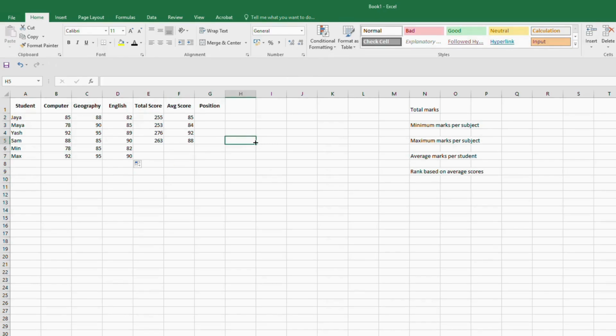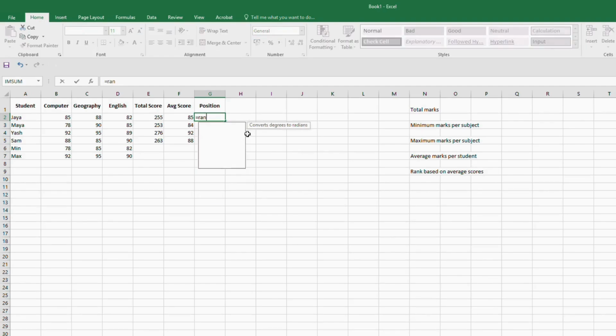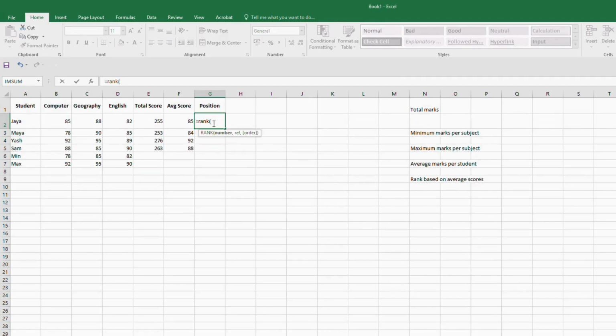Now we rank students using their average score. For Jaya, row 2, we will use the formula of RANK. So what we will do is equal to RANK. The number here in the function says this is the value you want to rank. Example, if you want to find the rank of Jaya's score, that is 85, then the number is 85, comma, the reference. This is the range of all the numbers you're comparing against. Example, all students' scores from F2 to F5,